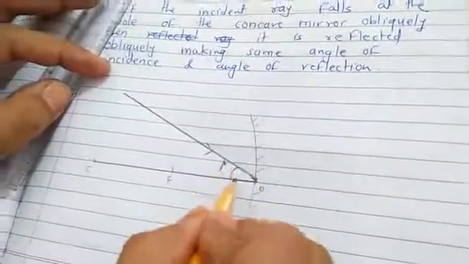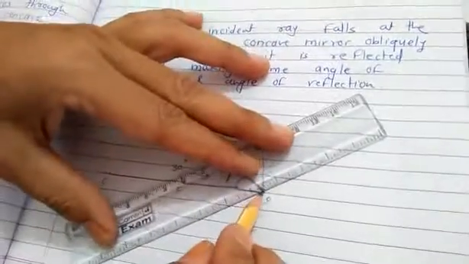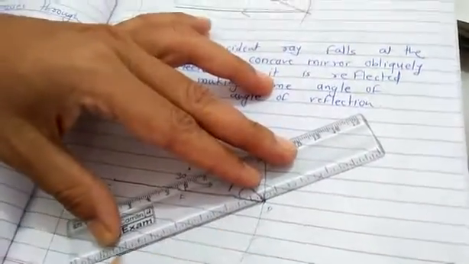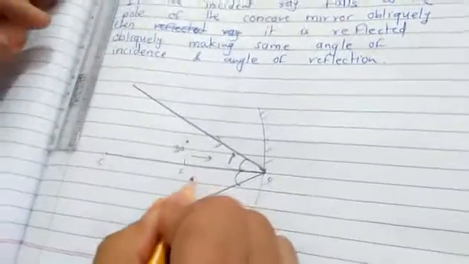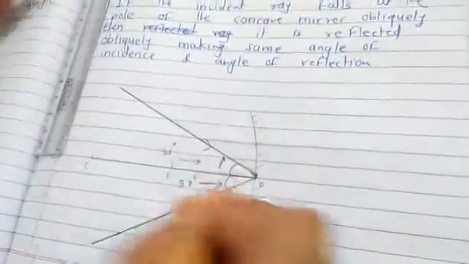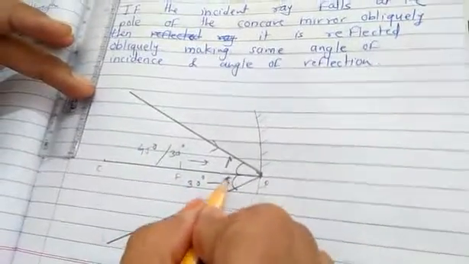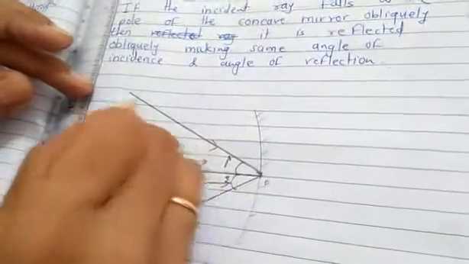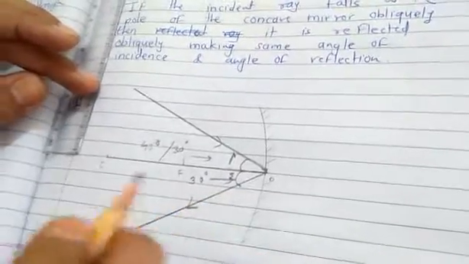So you can take the angle. Suppose this is an angle of 30, then you have to draw the reflected ray by making the same angle. Here also we will get an angle of 30, which means we have to draw it by taking 30. You can take 45 or any angle. So the angle of incidence and angle of reflection are equal. So this is the incident ray and this is the reflected ray, and this law we have to use